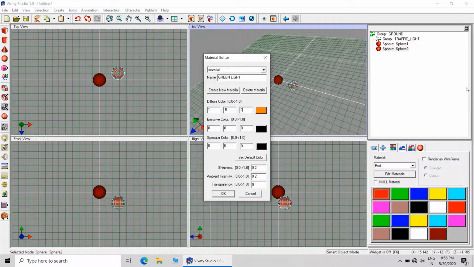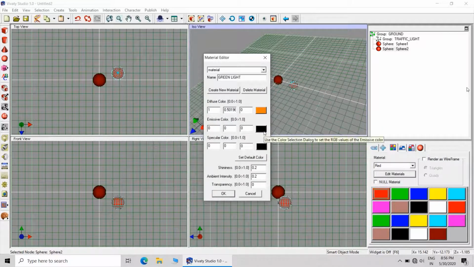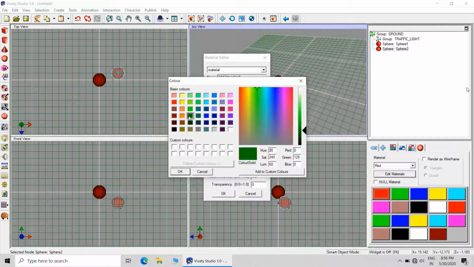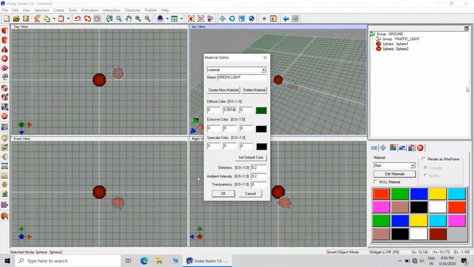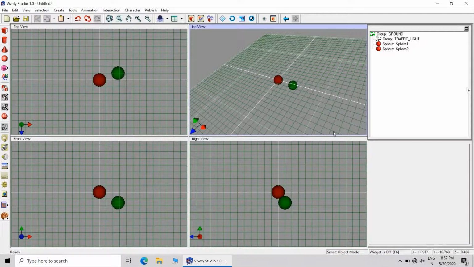Make it 0.5. So I will be using this shade, and the middle value will be perfectly at 0.5. I will restrict it to perfectly 0.5. So this will be the green shade.